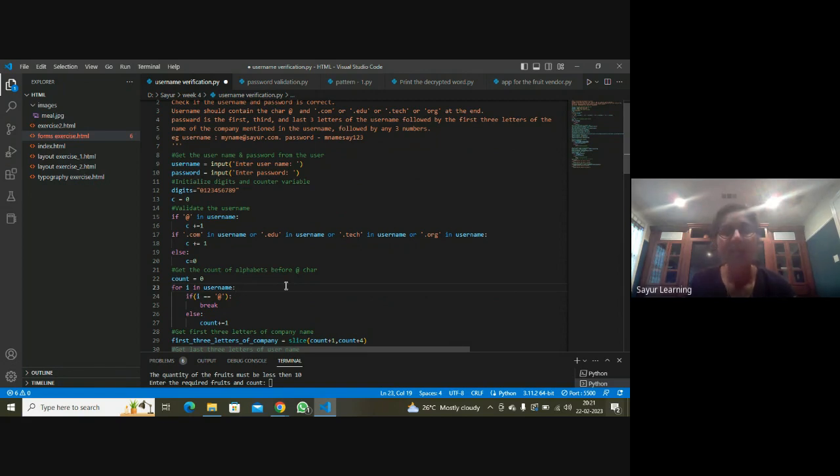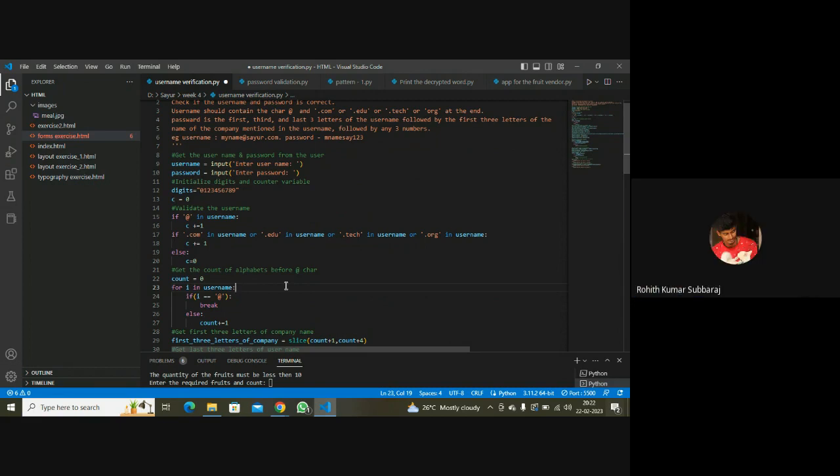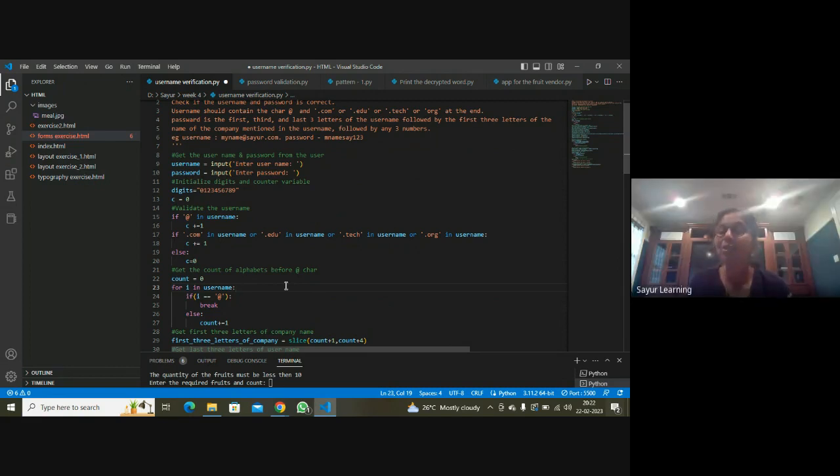So what you are doing is you are checking, not counting. You are checking if the username contains the @ symbol or not, and if the username contains .com or .edu. You are trying to see if it is there or if it is not there. So what is the data type for checking something is there or not there? What data type would you use? True, false, boolean. So you should be using a boolean for that. Can you change the code to use a boolean?